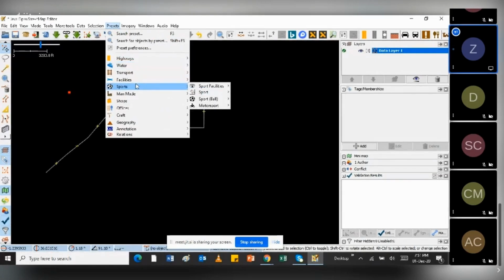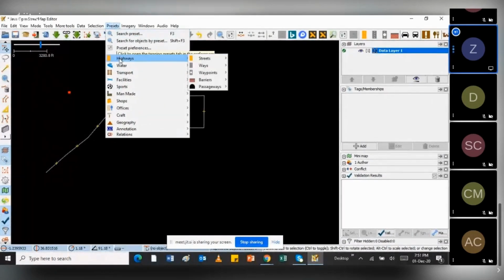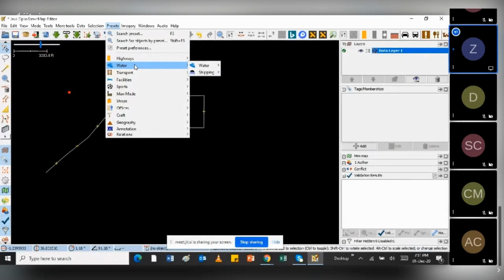Maybe say it's a school. So you see the moment I click on preset, there's a drop down that appears with different tags. So if this was a road, then I'll specifically use tags for highways, which in this case are road. If it was a river, or a water feature, then I'll use that.